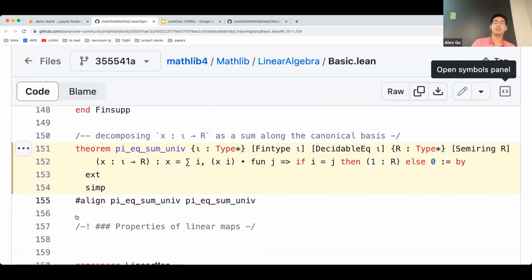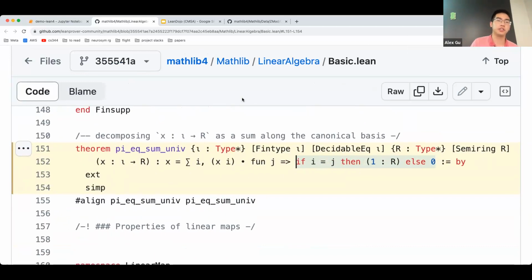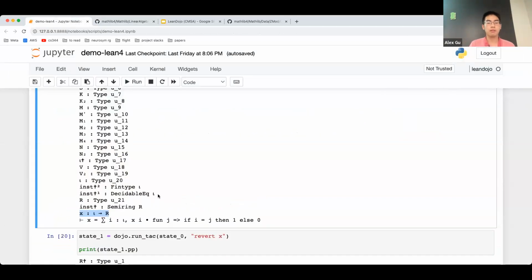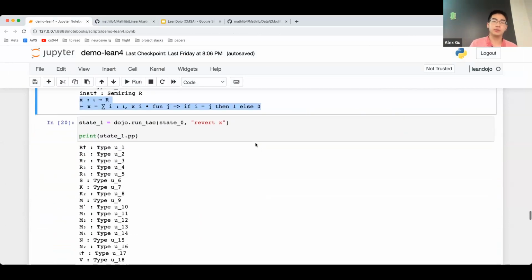Okay, yeah. So this is the x that we're looking at here, and we want to see that this implies this. The exact details of what this is saying are not necessarily important here. As you notice, what we just saw there is also what we see here. So you have this x, you have this equality, and then you want to show this implication. What we can do is, from this state, we can actually start running tactics with our LeanDojo